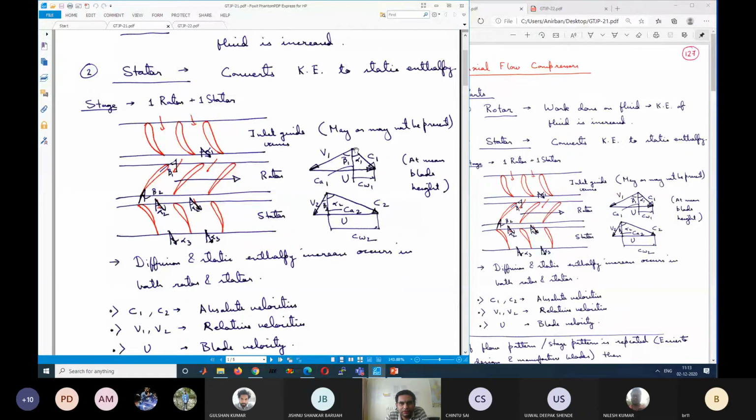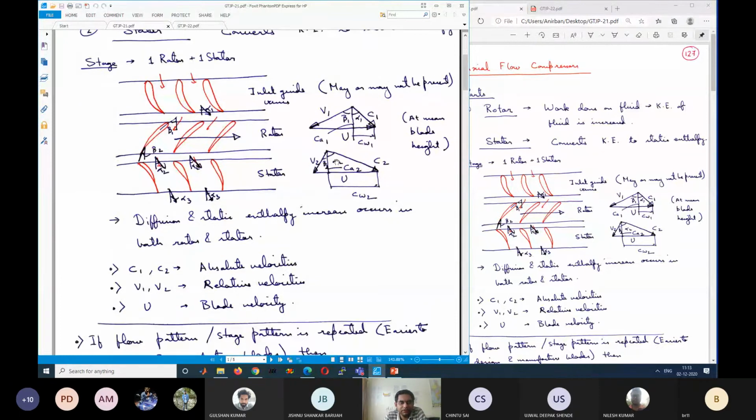In case of velocity C1, the axial component of the inlet velocity is CA1 and the tangential or wheel component is CW1. And then we have seen that in the rotor, because there is a change in blade angle from beta 1 to beta 2, and because u remains constant, the actual flow velocity from the velocity triangle can be seen to increase significantly. So C2 is much larger than C1. It means that the kinetic energy has increased significantly. So this is the function of the rotor. Then this flow with an angle of alpha 2 and velocity C2 enters the stator.